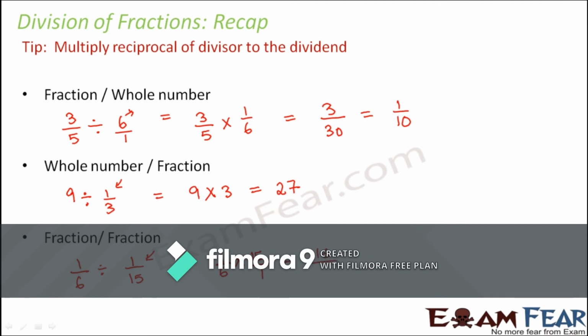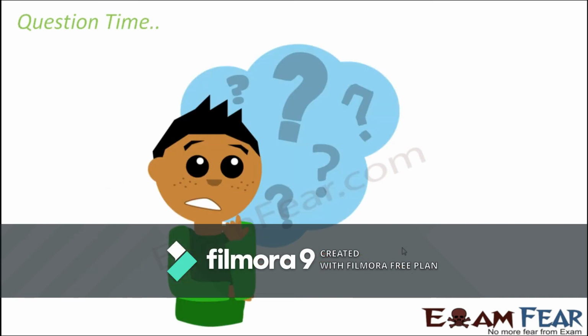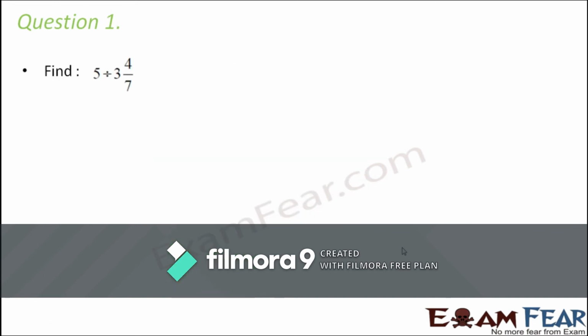So this is equal to 15 by 6, which can again be further reduced to its simplest form, which would be 5 by 2. So this is how we perform the division operations. The only thing you need to remember is wherever you see a divisor, find its reciprocal and multiply it. So in that case, your division no more remains division, it becomes multiplication. We have learned about division of fractions. Let us quickly look at some of the questions.